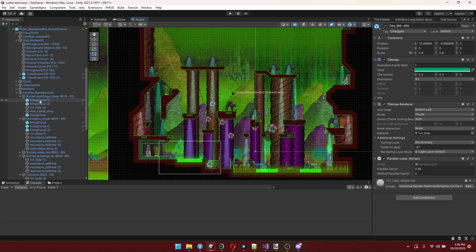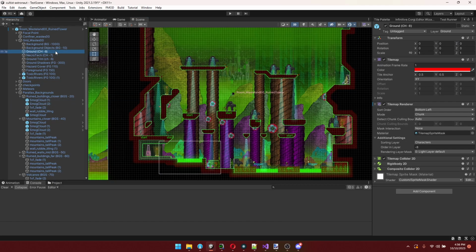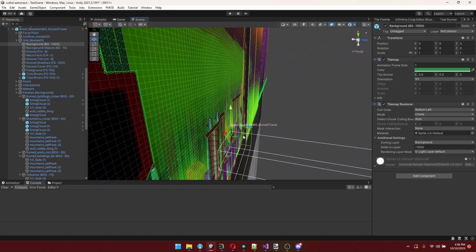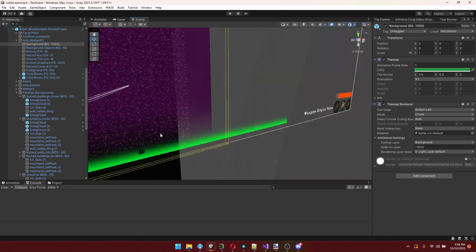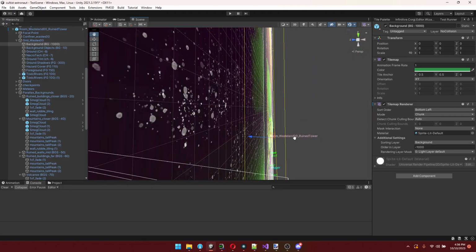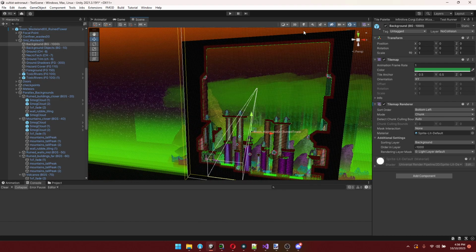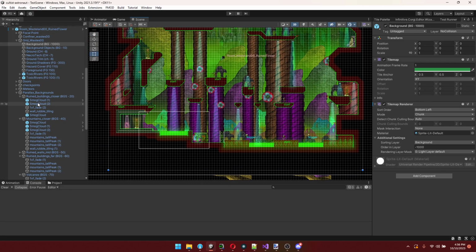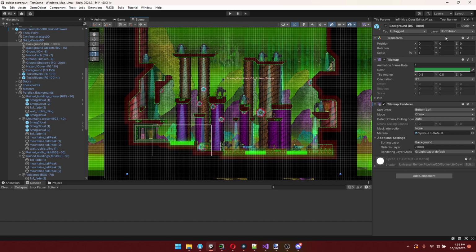It's very rare that we change the Z value, and we might be changing it in some places, but if I was to go into the 3D view, you'll see this is pretty much as flat as it gets. And that is because we are primarily using the sorting layer and ordering layer properties. Now in Unity, I believe you can switch it over to use the Z value, but by default,